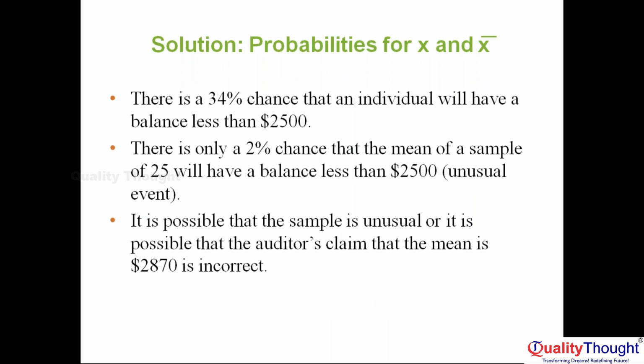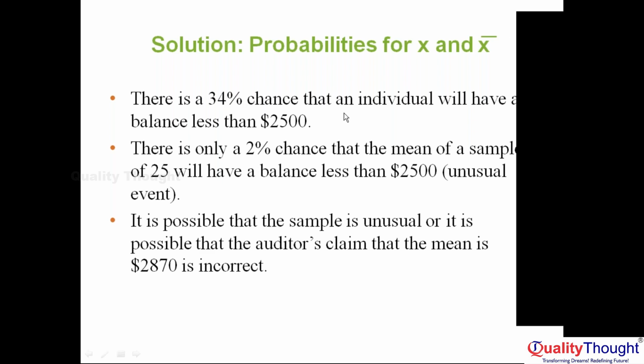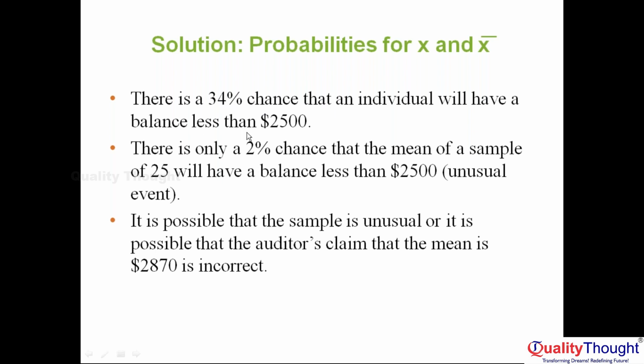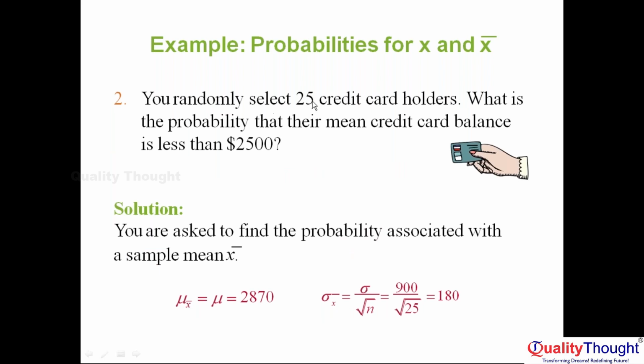So the outcome is that there is a 34% chance that an individual will have a balance less than 2500. There is only a 2% chance that the mean of a sample of 25 will have a balance less than $2,500. It is possible that the sample is unusual, and it is possible that the auditor's claim that the mean is 2870 is incorrect. Why? Because based upon the second question, you randomly select 25 credit card holders. What is the probability that their mean credit card balance is less than 2500? We have already